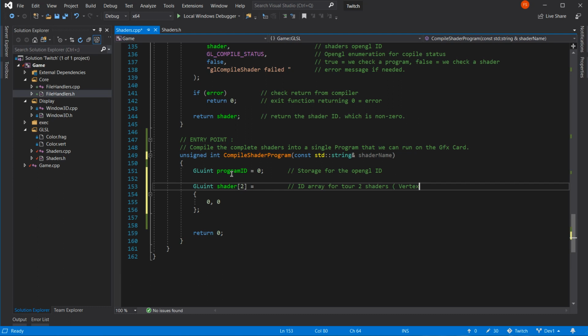Vertex and fragment. Okay. And initialize to 0. Nice one. That looks right.